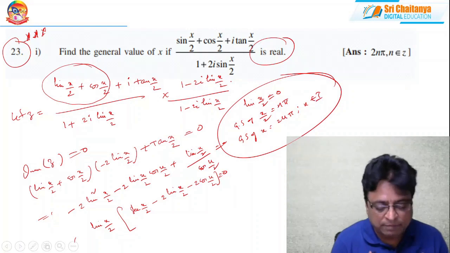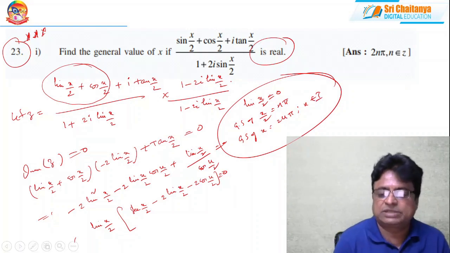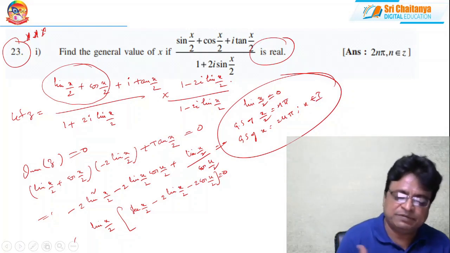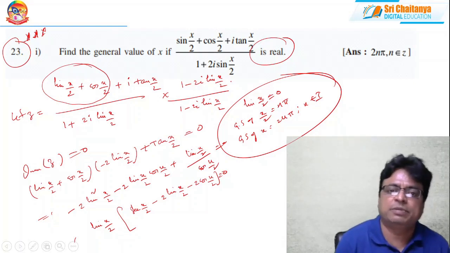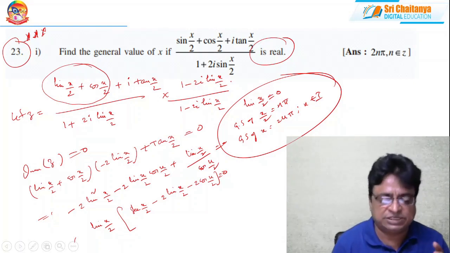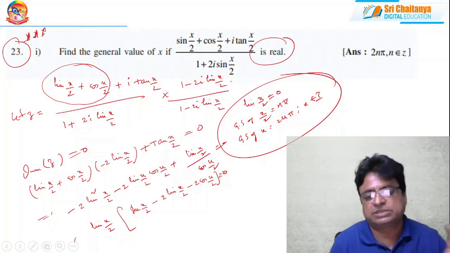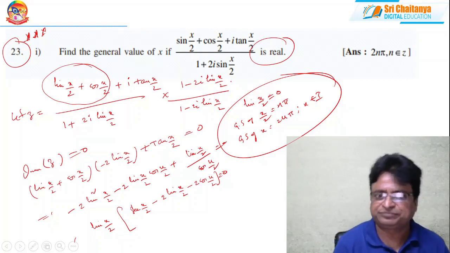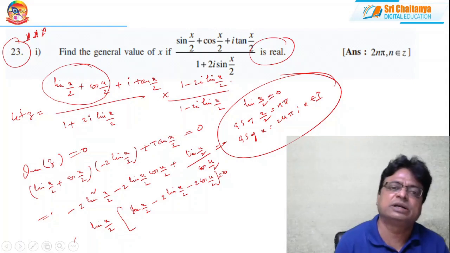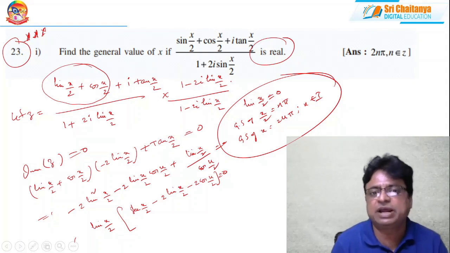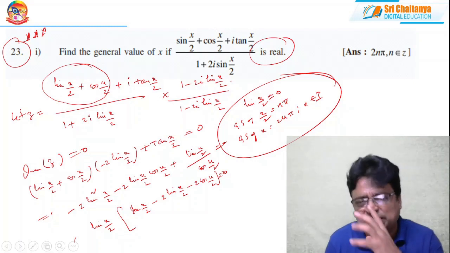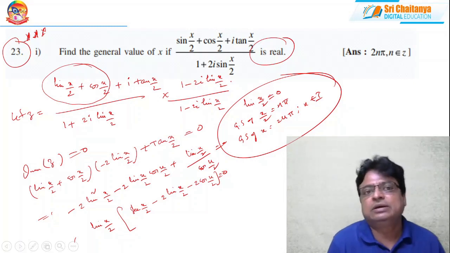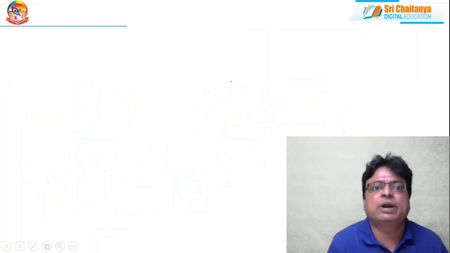So the problem looks like a problem in complex numbers. After simplification, it is converted into a trigonometric equation problem. There, only in the final step are we applying the concept of the trigonometric equation. Rest all other things are algebraic manipulations only. And this model is very, very important for you to get the results.